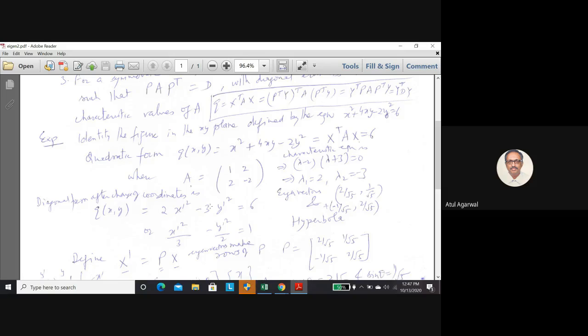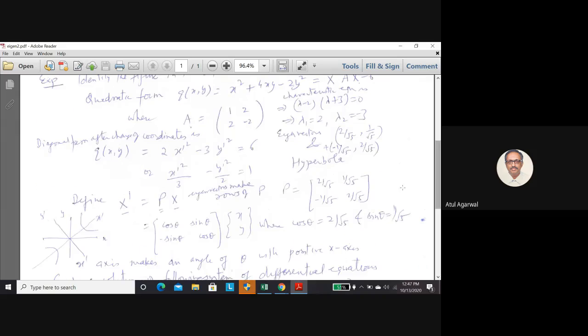So you see, this equation looks like an equation of a hyperbola. You can write it like, divide by 6 on both sides. This is the way you see equation of a hyperbola looks like. So using these eigenvectors, you can define a matrix P. First eigenvector you write in the row, second eigenvector you write in the second row. So this is your matrix P. So you can define a new variable x prime as Px.